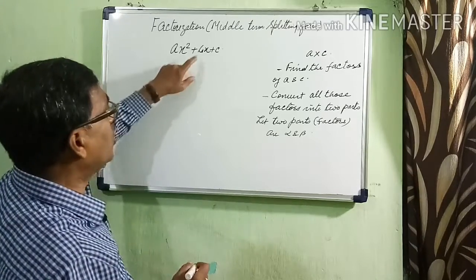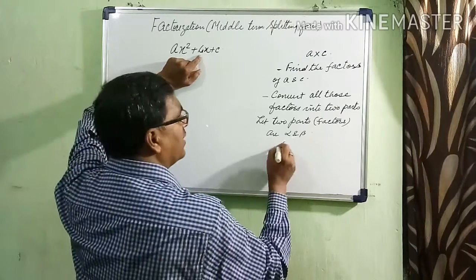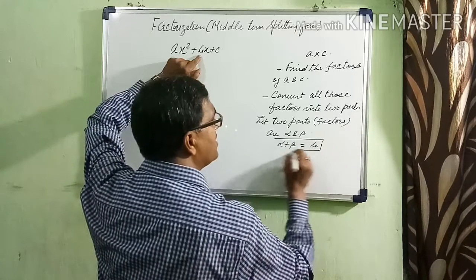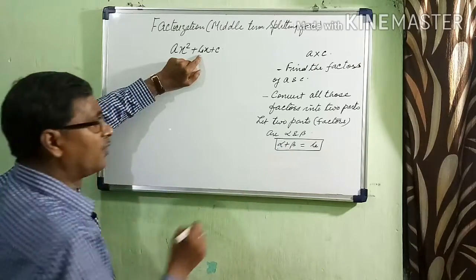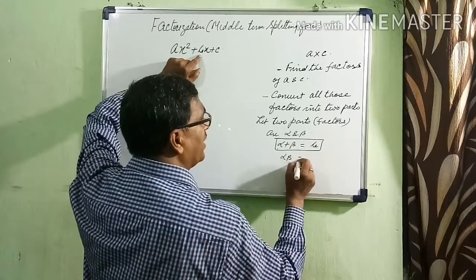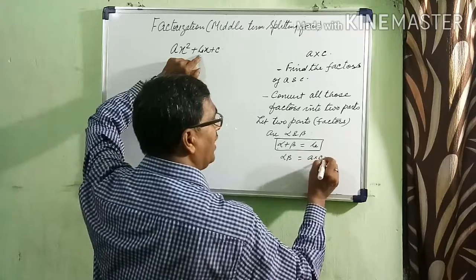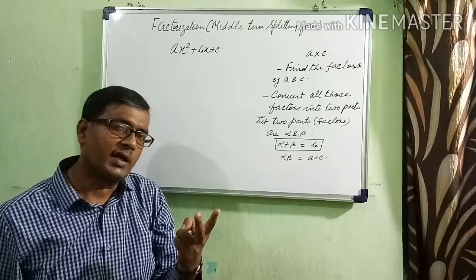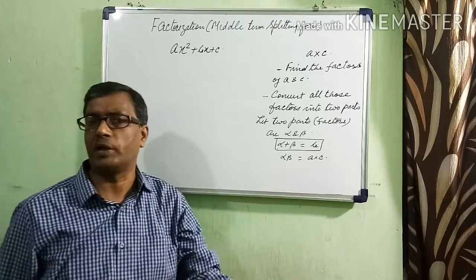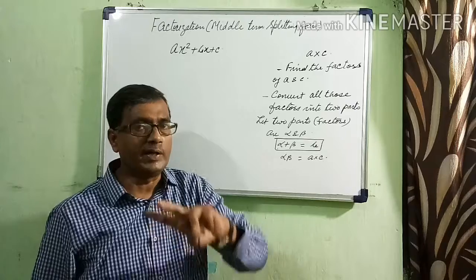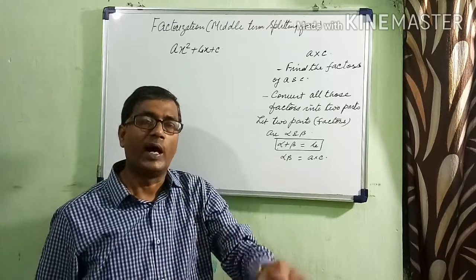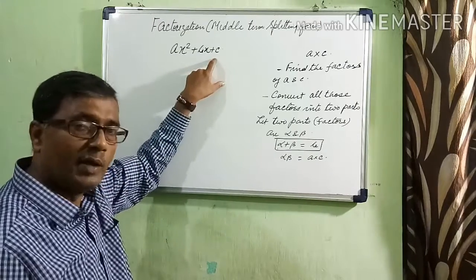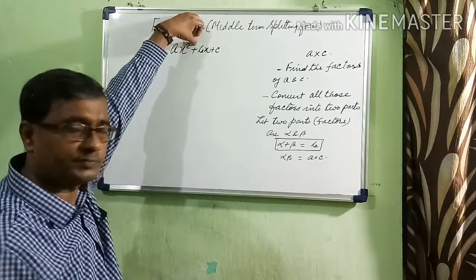So B is the sum of these 2 factors. And the product of the 2 parts is the product of a and c. Now, alpha and beta are 2 factors. It may be possible that one factor is bigger and another is smaller. It depends on which factor will be negative and which will be positive, depending on the sign here. Mainly we will look at the sign here.